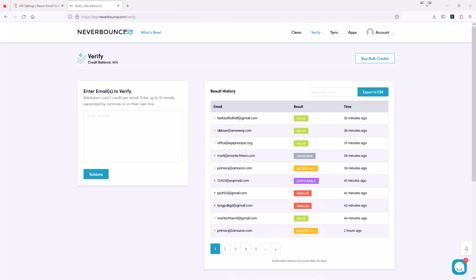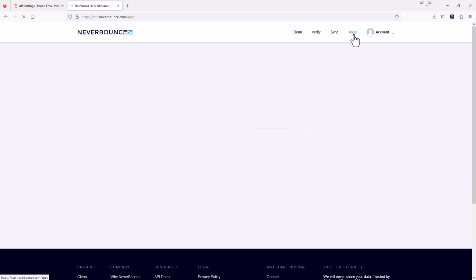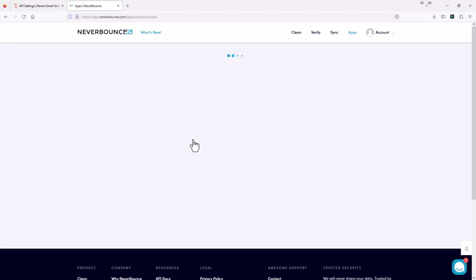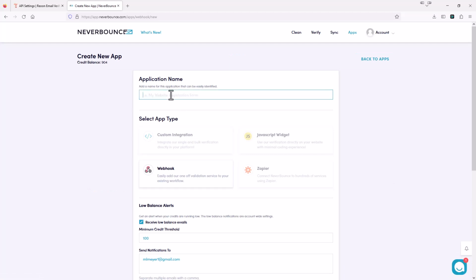Now I'm back over at Neverbounce, and I won't go through that whole example again because I think you guys probably get the point of it. But I just want to point out in Neverbounce, it has the same kind of functionality. In this case, we go to Apps, and they have different choices here. If we wanted to, we could just use their custom integration with Zapier by selecting this. If you wanted to do it the exact same way that we just did the Reoon email verification, we could just select webhook, and then up here,